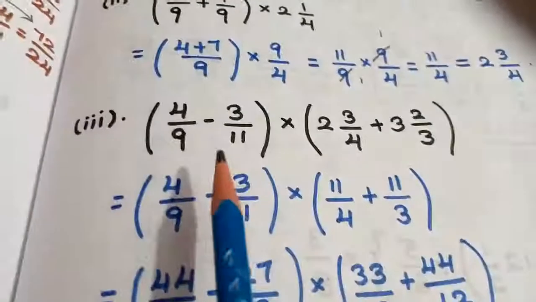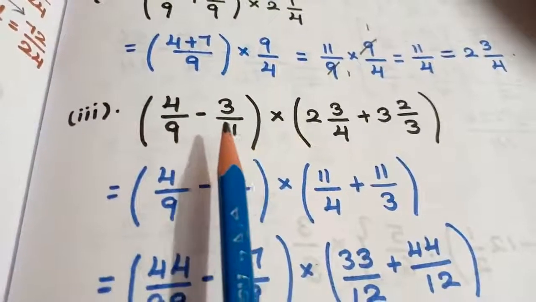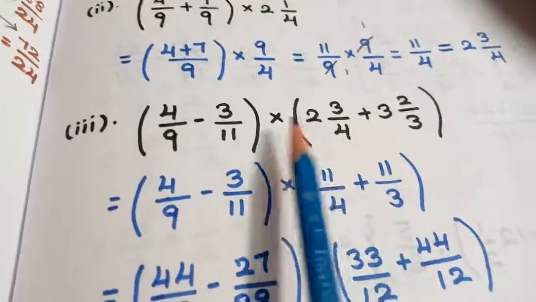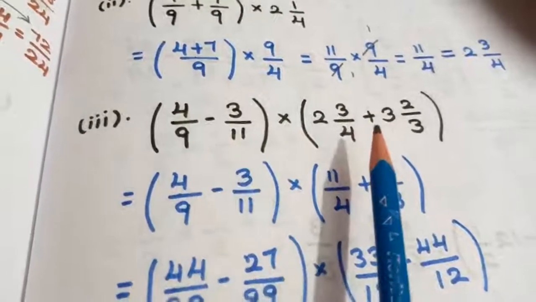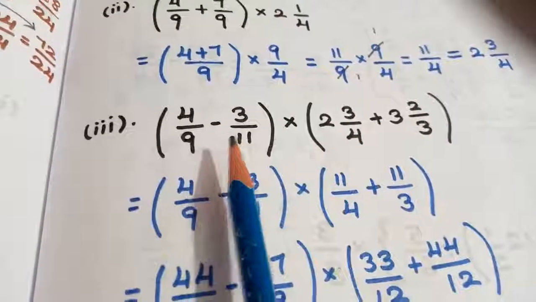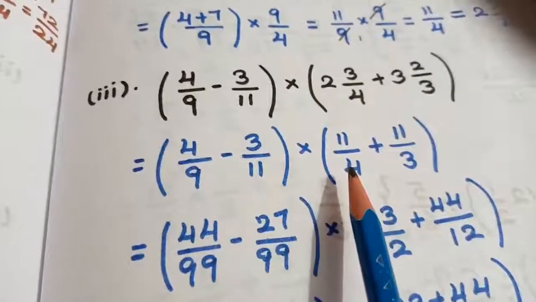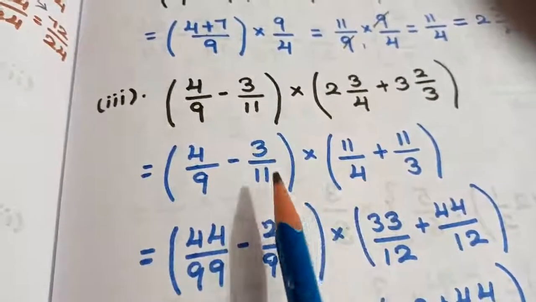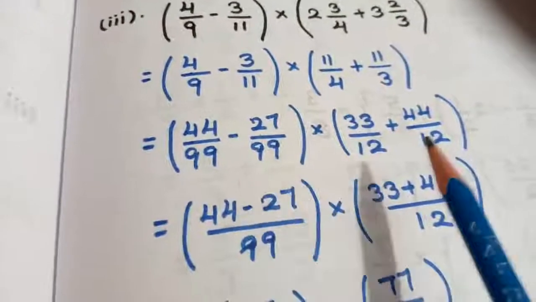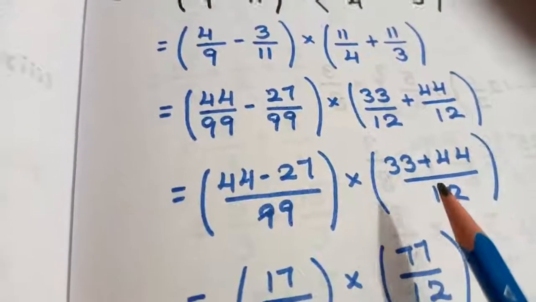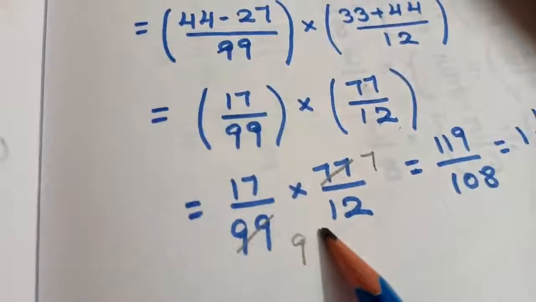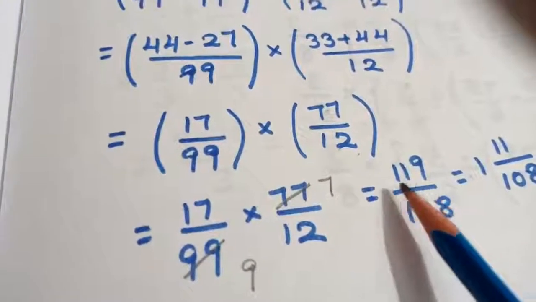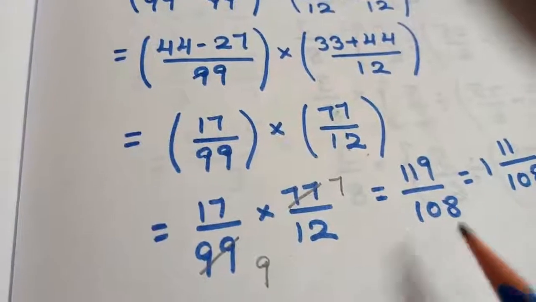Coming to 11(3). If you see here, what is the operation we are having here? Another important thing: without knowing, first we'll be concentrating only on the operations, but we are having brackets in this place. We are having two brackets. First, convert the mixed fraction into improper fraction. After converting, simplify the values inside the bracket. After simplifying, making the denominator the same, I am simplifying the value here, students. After simplifying, I will be getting some values. Now you can remove the bracket. After removing, simplify, and the final answer is going to be 119 divided by 108.